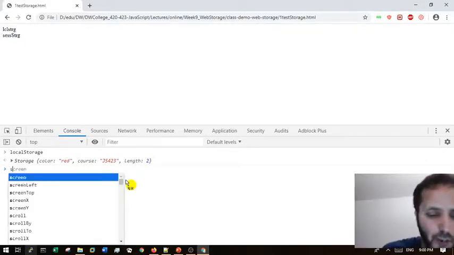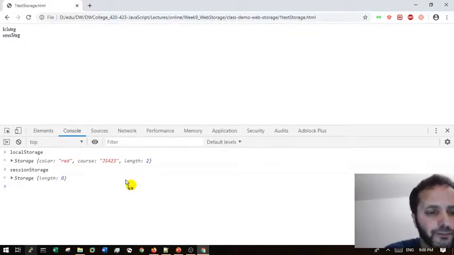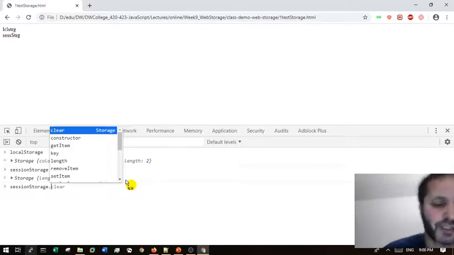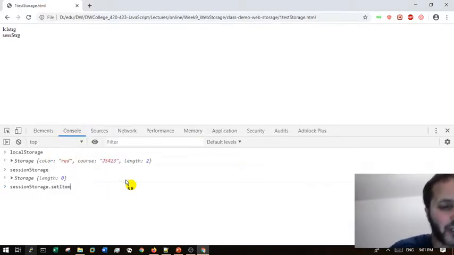All right. Now what about session storage, guys? It's empty for the time being, so I'm going to do the same thing. So sessionStorage, and we're going to see the differences. Session storage does the same thing as local storage. So setItem, it has the same API as well. And let's put here name, NAS,